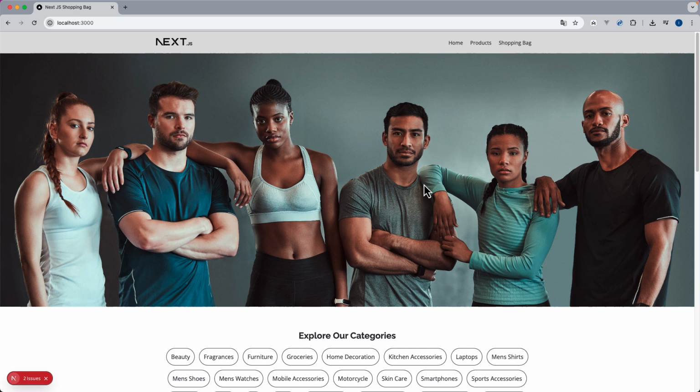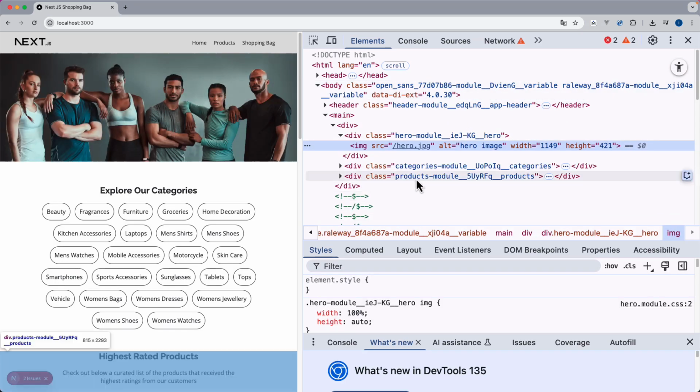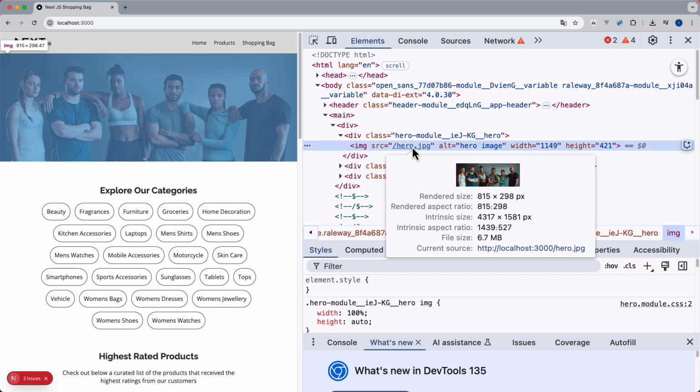Let's get started with the hero image. I'm going to right click and go to inspect. And if we hover over the name of the file, we can see that this is actually a very, very large image file. It has a total size of 6.7 megabytes, and the intrinsic size is 4317 by 1581 pixels,